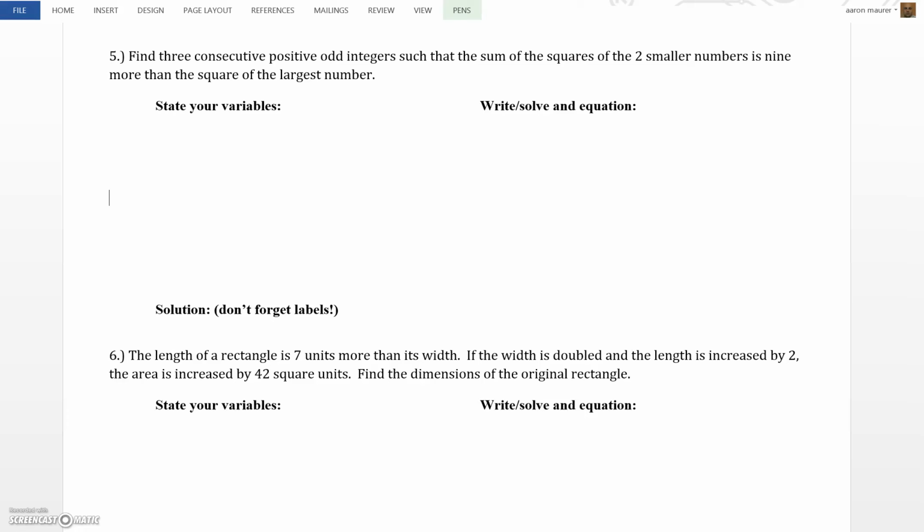Okay, so we're going to begin by first looking at the paper that you guys were given yesterday. It was the word problems number 2. We're going to start with number 5 and then we'll also do number 6. Mr. Britz also has the answers written up on the board for you as well, so please be sure you're